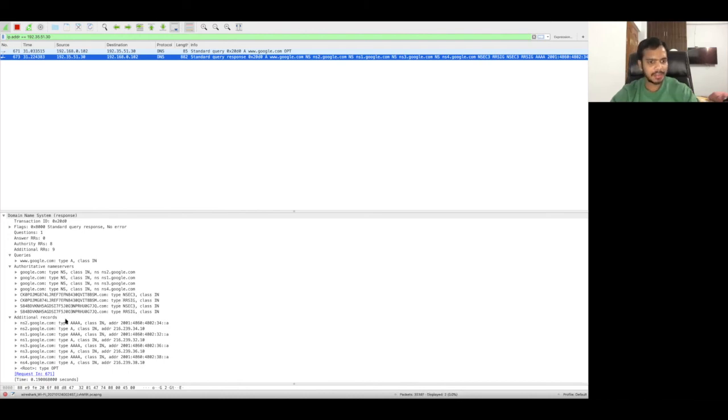In the additional records, you can see, for each of these hostnames, NS2, NS1, NS3, NS4 of google.com, their IPv6 address. These are AAAA records, and the A record is also here, so the IPv6 and IPv4 addresses are both here. That's what you can see here. We were not seeing these additional records using dig plus trace, but they will be there. Dig is not showing them again, so you can see that also here.